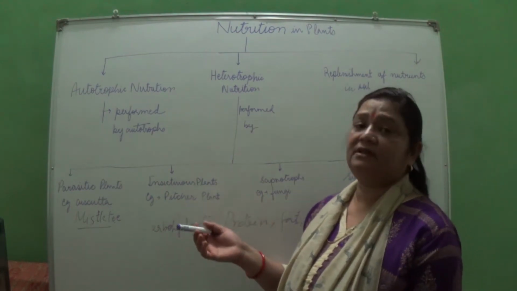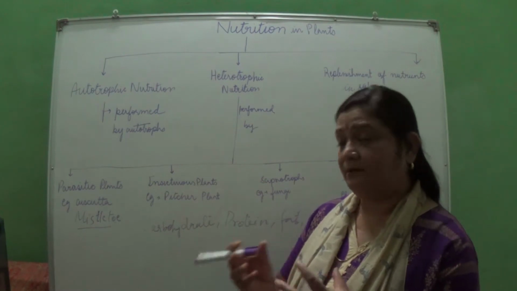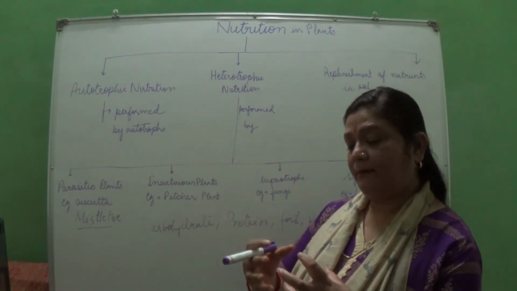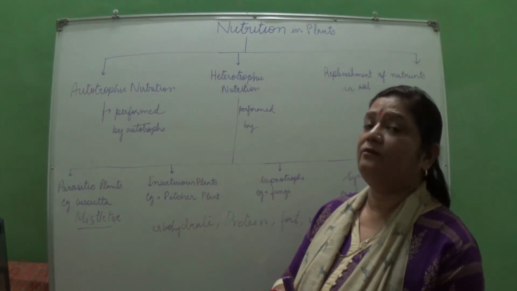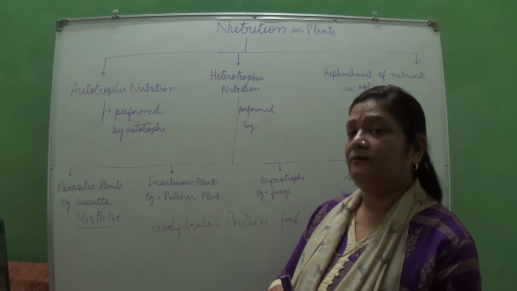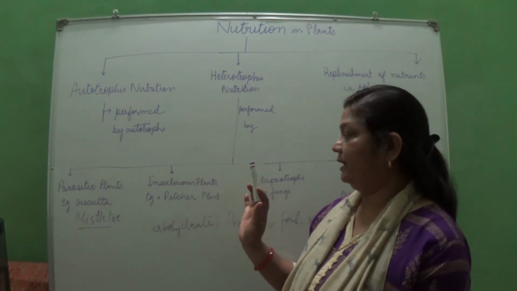And like that only, the Venus flytrap also traps the flies. As soon as the fly comes inside, it traps it and releases digestive juices which digest the fly inside it, and it fulfills the nitrogen requirement.